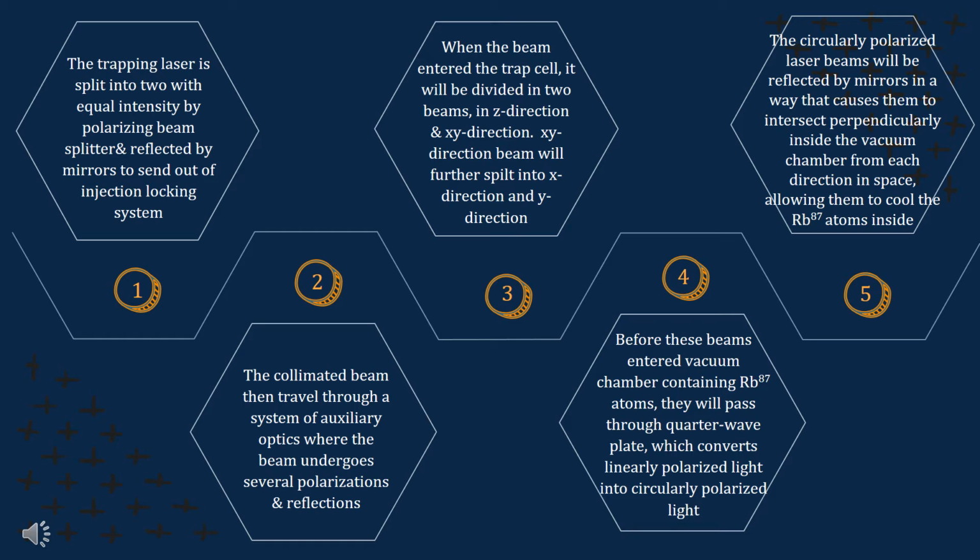When the beam enters the trap cell, it will first be divided into two beams, one in the Z direction and another one in the XY direction. The beam in the XY direction will be further split into the X direction and Y direction by a polarizing beam splitter. Before these beams enter the vacuum chamber containing, for example, rubidium atoms, they will pass through a quarter wave plate, which converts linearly polarized light into circularly